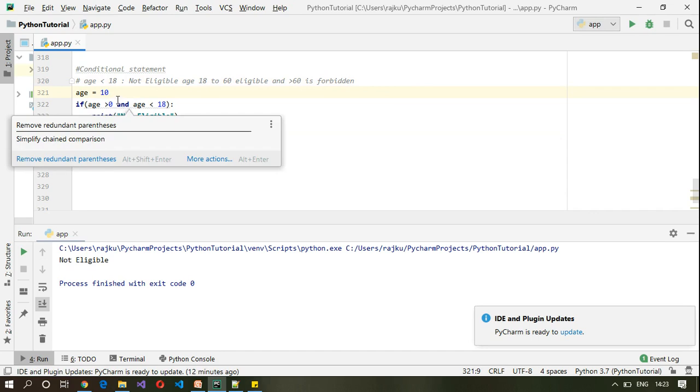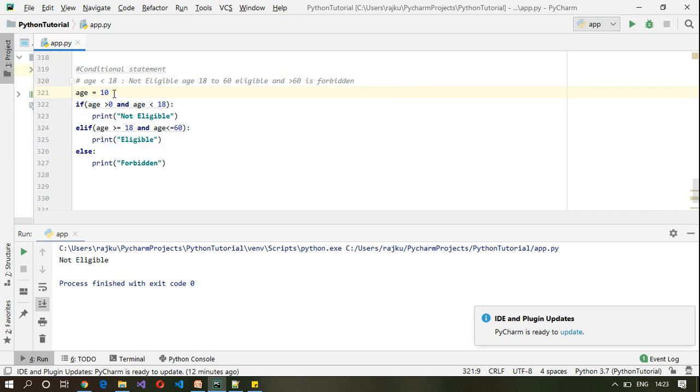It says not eligible. So let us check for 18, which is at the boundary condition. Okay, it's eligible because it's greater than or equal to 18. Let us check for 56. Okay, it's eligible.